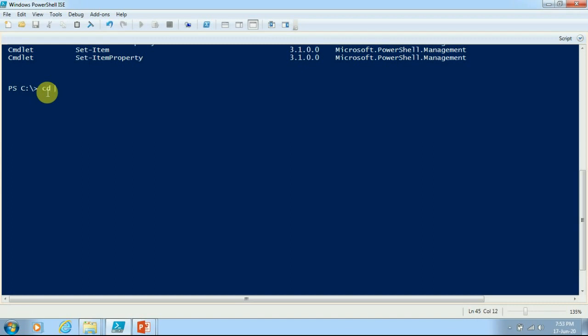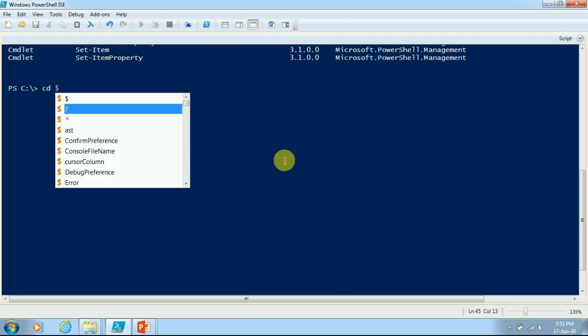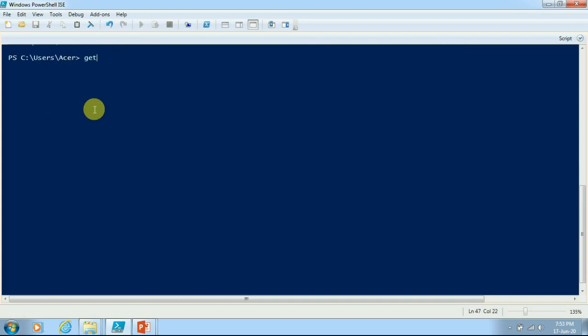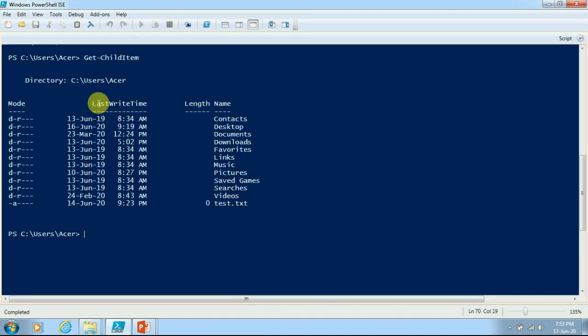So to move to the home directory, I will have to use the commandlet like this. So this is my home directory, and here if I want to get content, I will have to use Get-ChildItem.